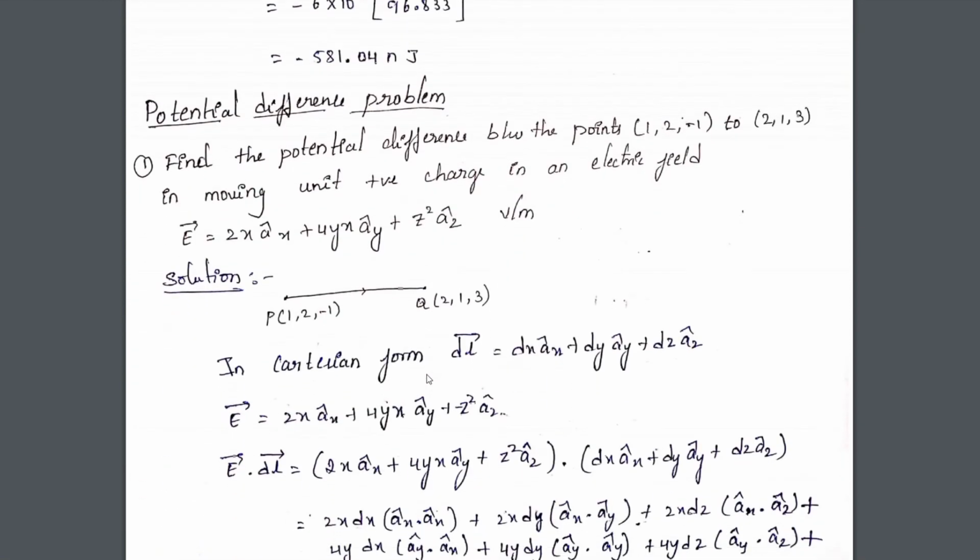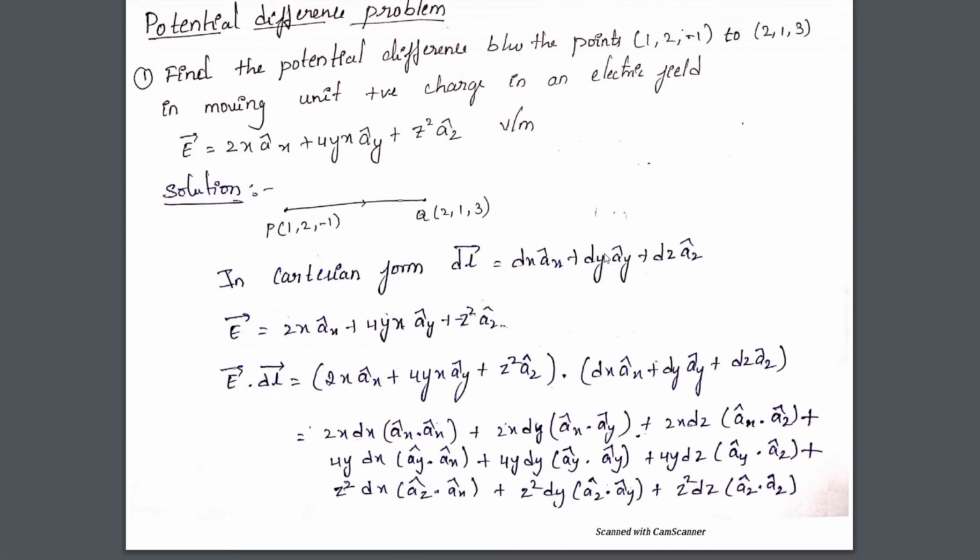Next one is problems on potential difference. So this is also similar to work done only. Here the charge will be 1 coulomb. Instead of some value, it is a positive charge. So Q is 1 coulomb. Then in integration, you have to reverse the limits and integrate. Rest all is the same in this also.